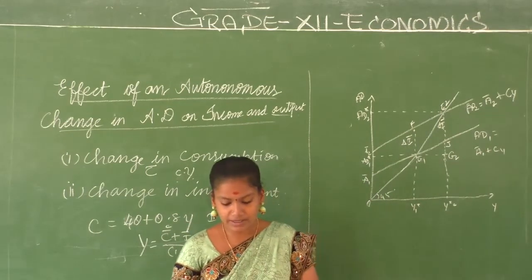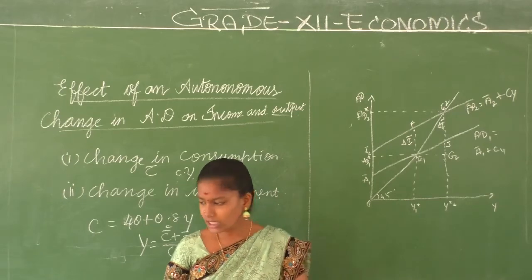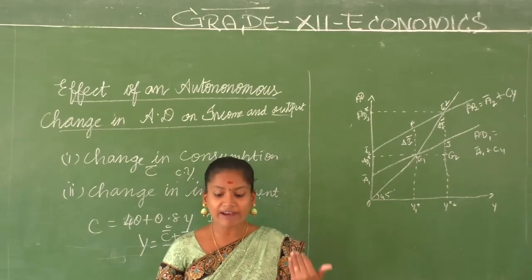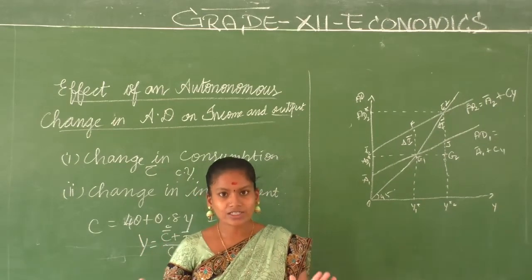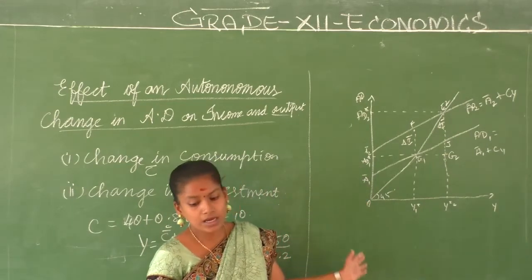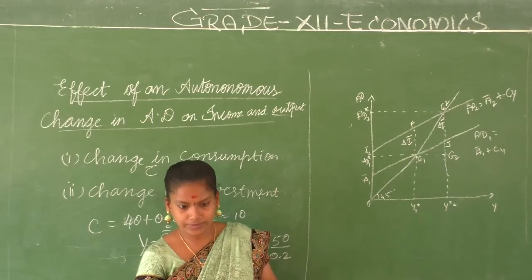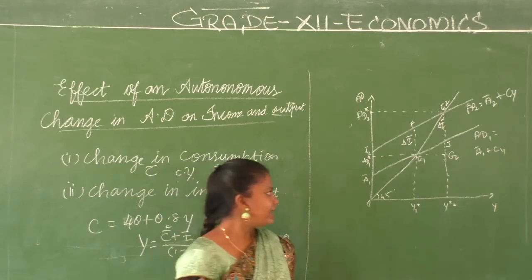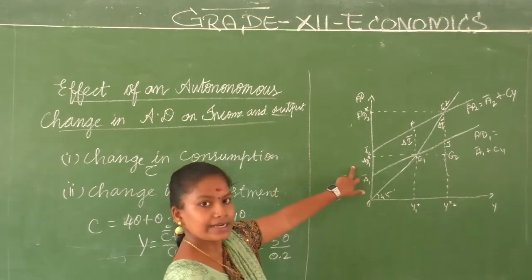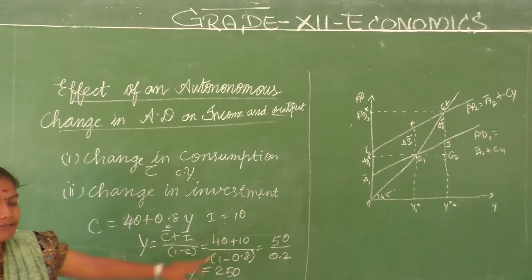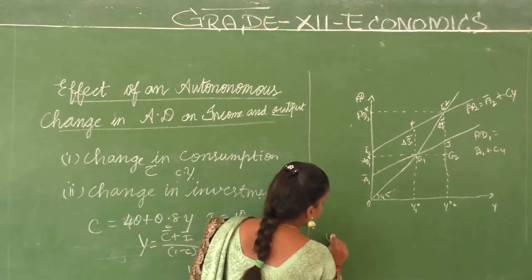Now let investment rise to 20. Investment we have kept as 10, and when you increase it to 20, the values change. First we will study how this is graphically represented. When autonomous investment increases, the AD1 line, this aggregate demand, is at the value of 250. Next, instead of 10 you are going to have it as 20. In that case, what will you find?